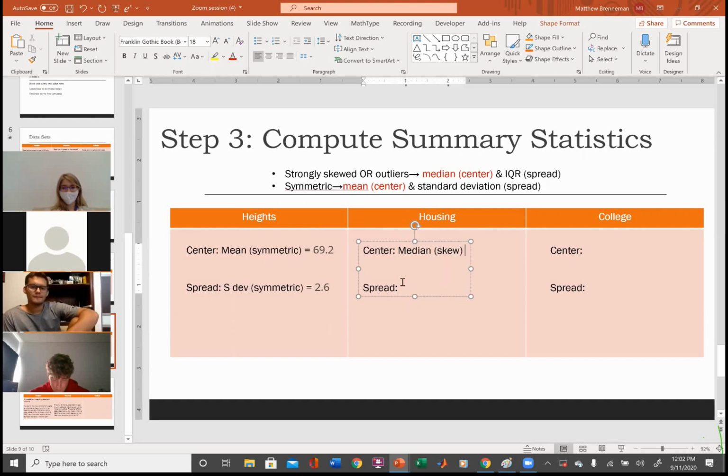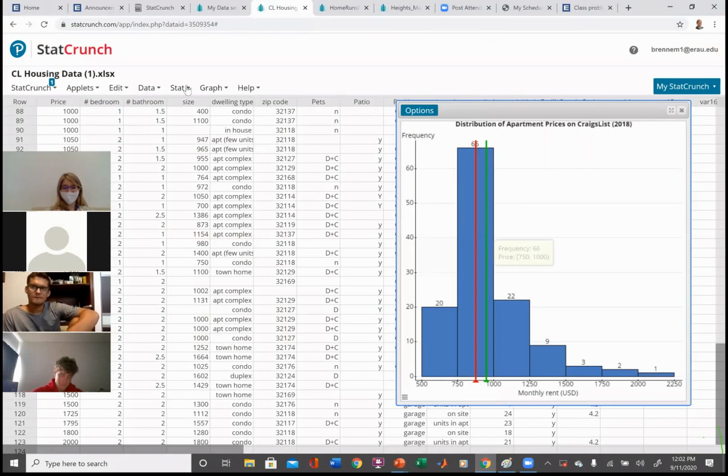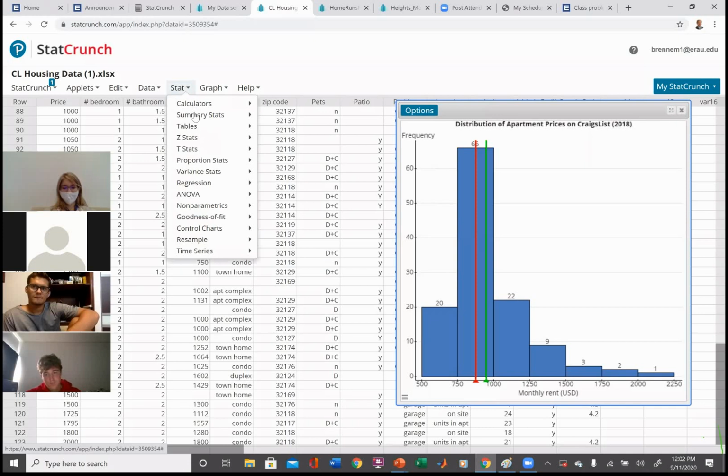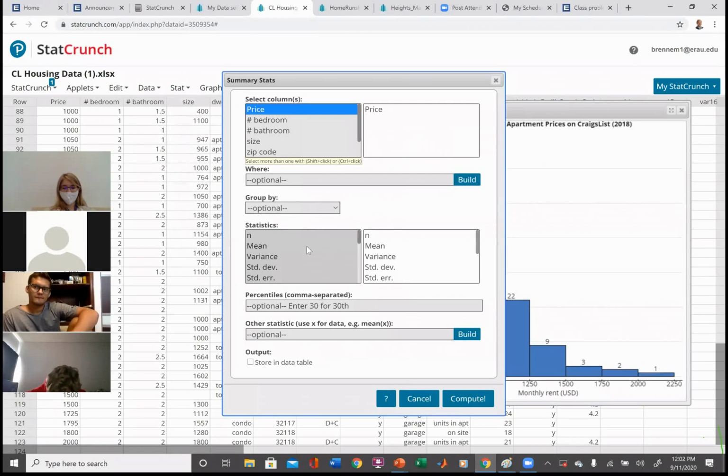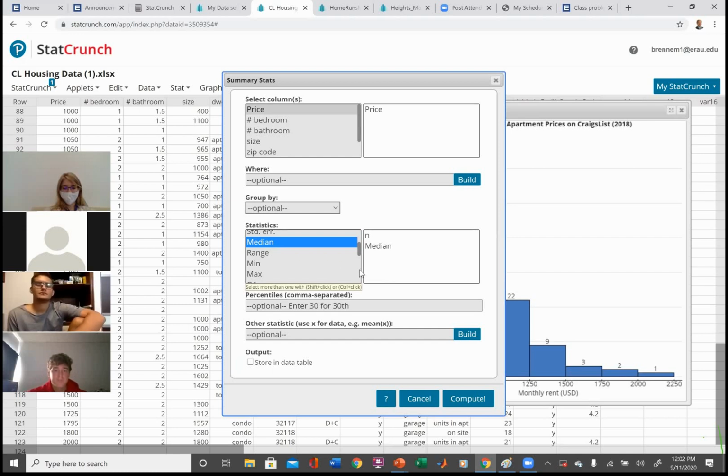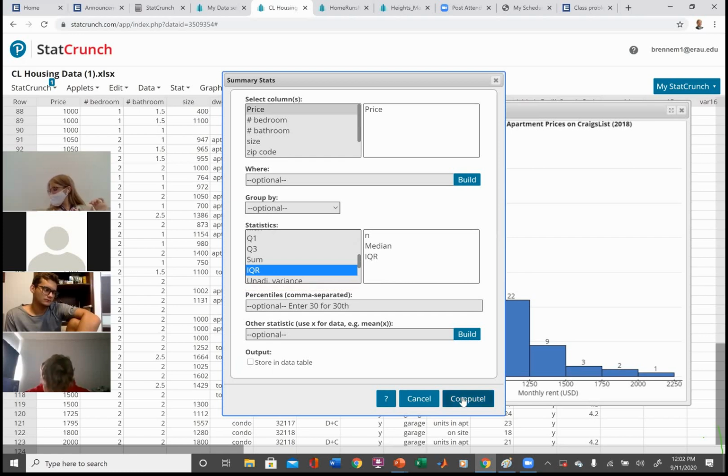And I'm going to go ahead and compute that value. And then for the IQR, for the spread, I'm going to use the IQR for exactly the same reason, because I have skew. And I'm going to go back and compute those. Stat, summary stat, column, always the same thing. That's my variable. Sometimes you'll forget to click on the variable, and when you do, it'll give you a little snarky message like, don't you want a variable? Okay, there's my median and IQR.